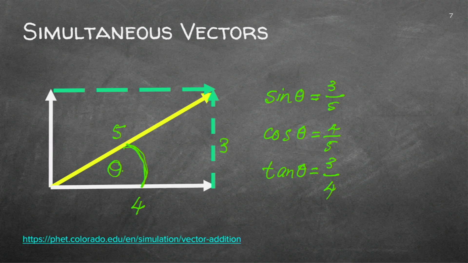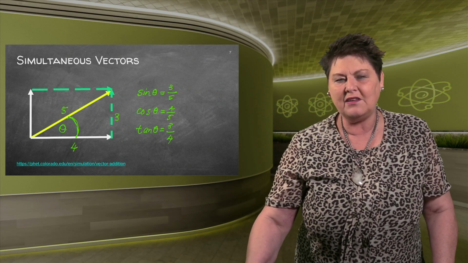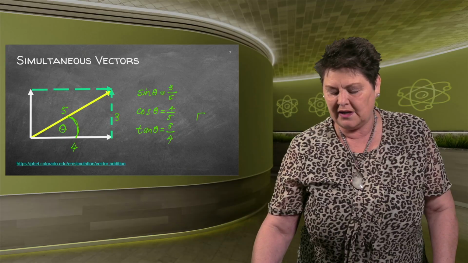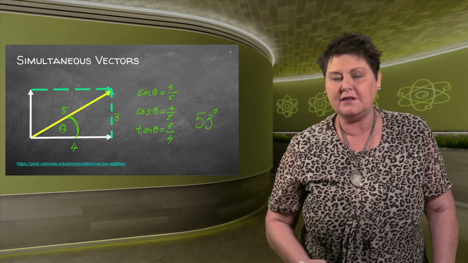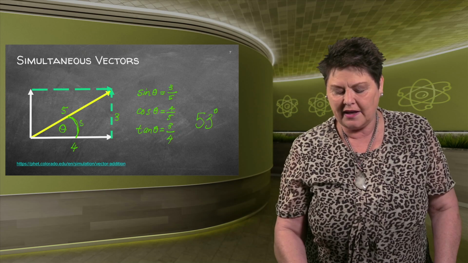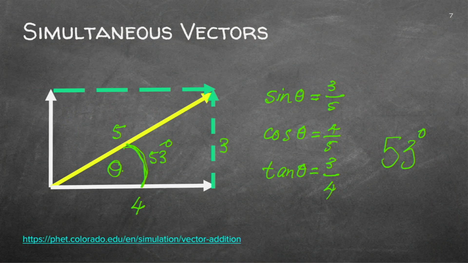And tan will be the opposite over the adjacent. And in all three of these cases, you will calculate an answer, and you can practice this. Go and do this by yourself. Do one and then the other and then the other, and see if you can get the same answer as I did. I got that angle as 53 degrees. Now, how do I present my answer? So my answer will be the resultant of the two simultaneous vectors will be 5 Newton, and then you will have to say the angle was 53.